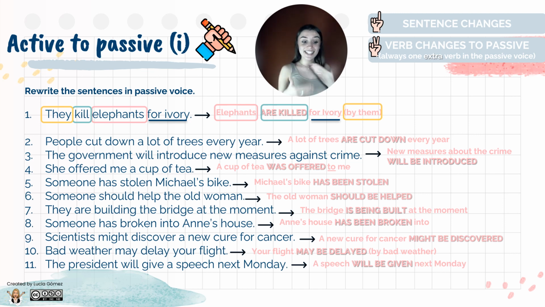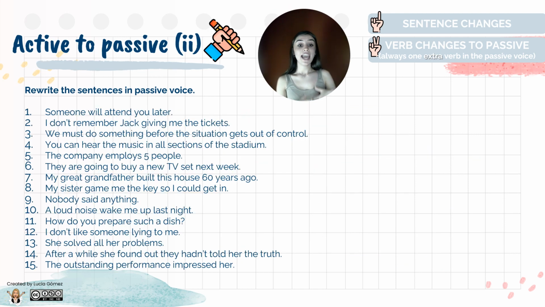And this said, let's keep on practicing with some extra exercises. So, 15 extra sentences where you need to do the same as what we've done in the previous one. Stop, do it, and then we check it. Once again, remember that the sentence changes and that we must pay attention to the verb change, yeah? Remember that, well, as you can see in the first one, someone will attend you later, you will be attended